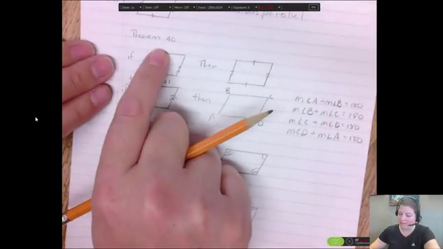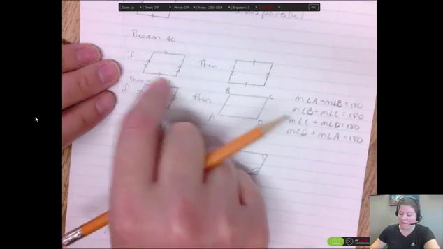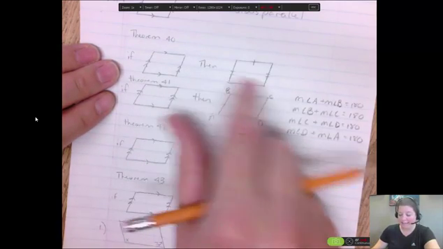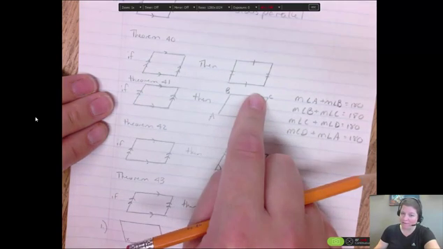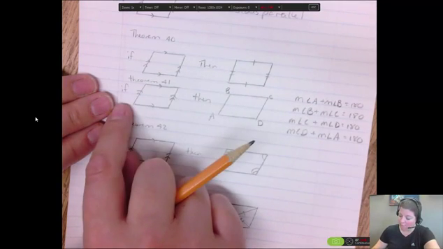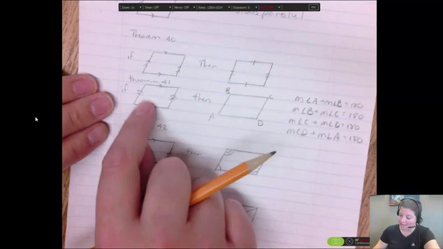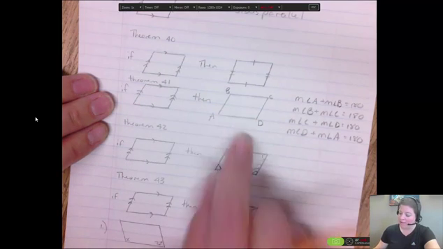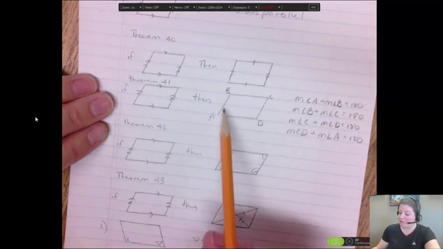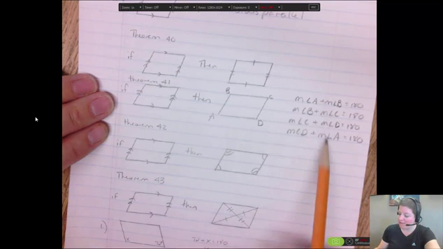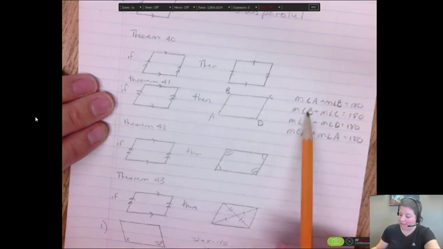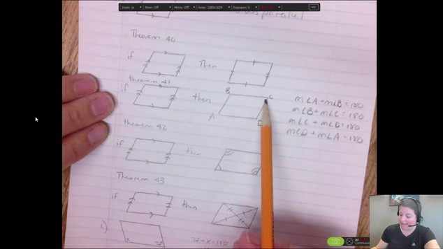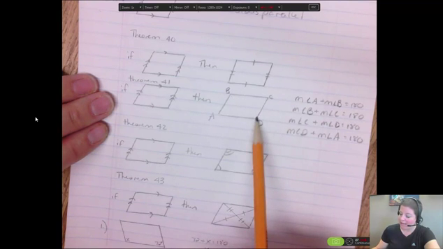So theorem 40 states if it's a parallelogram, then opposite sides are congruent. So you have to know it's a parallelogram for that, right? Then theorem 41 says if the opposite sides are parallel, then angles next to each other add to 180. So I listed them here for you. So it's like A and B add to 180, B and C add to 180, C and D add to 180, and D and A add to 180, which